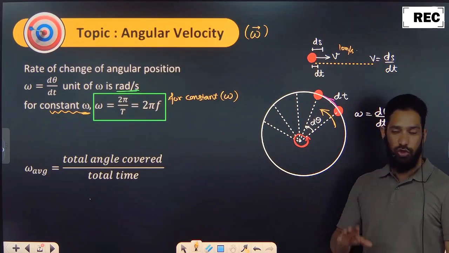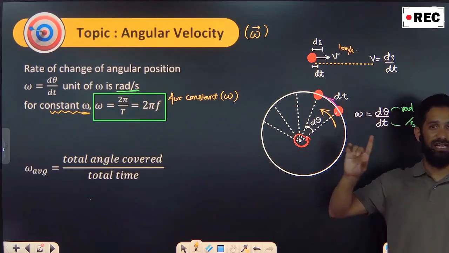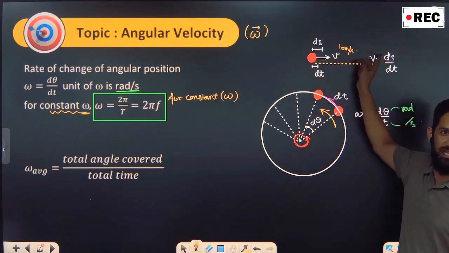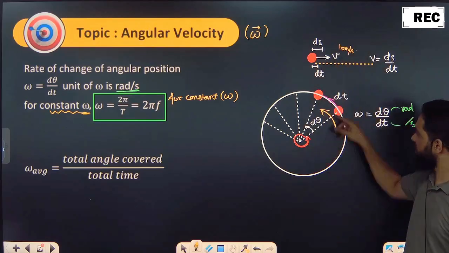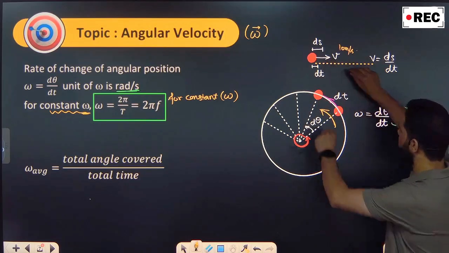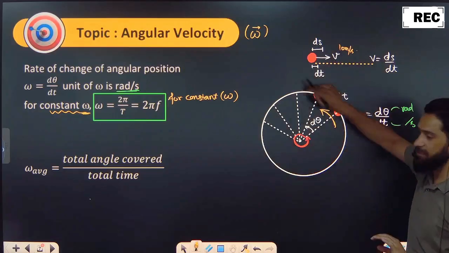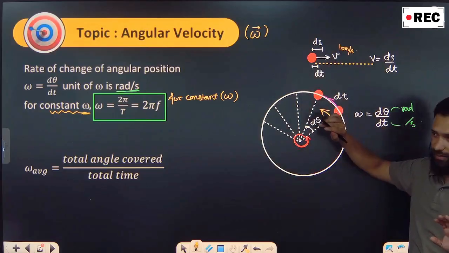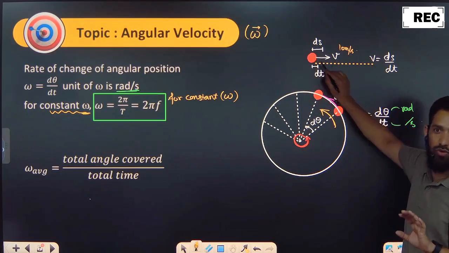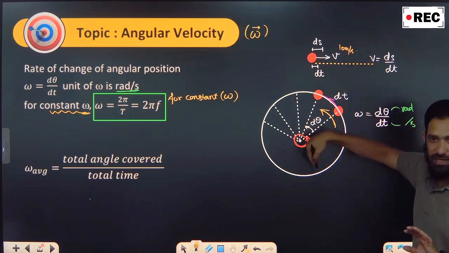Simple. So you understand one thing, when I discuss kinematics, the body is moving in a straight line. Now understand, this straight line is bent to form a circle. Now the road is not straight, the road is just a circle. Understand it, right? Now the body is not allowed to go on a straight line, it is allowed to move only on a circular path.